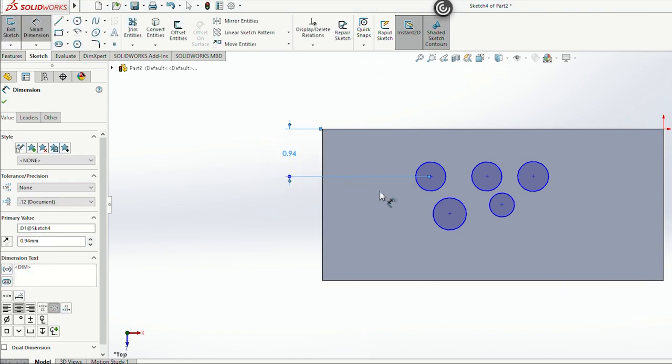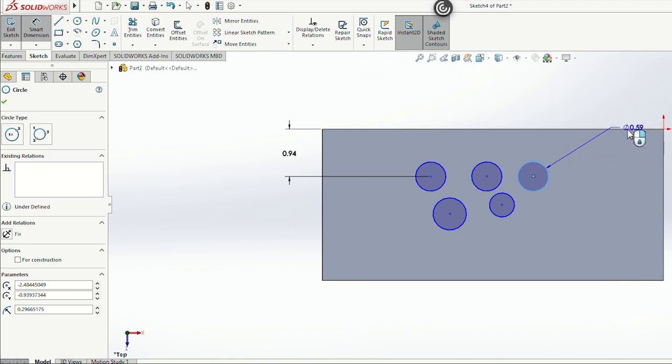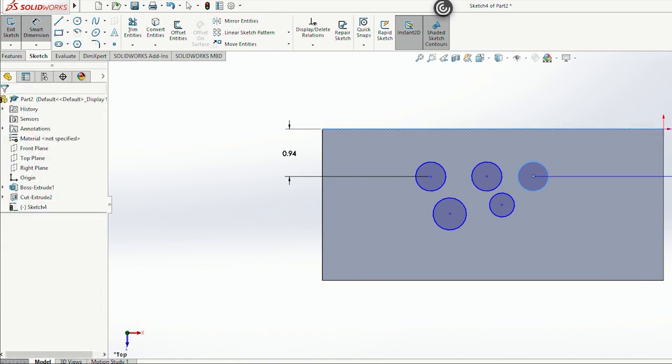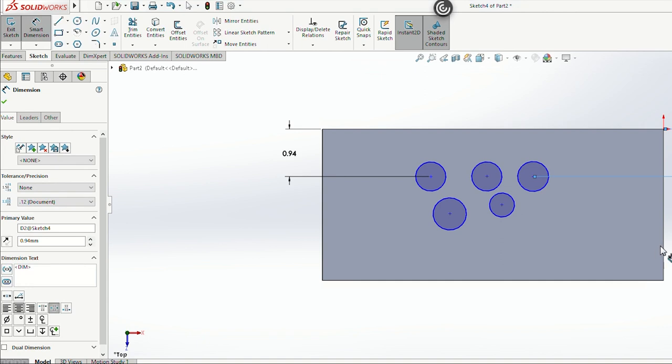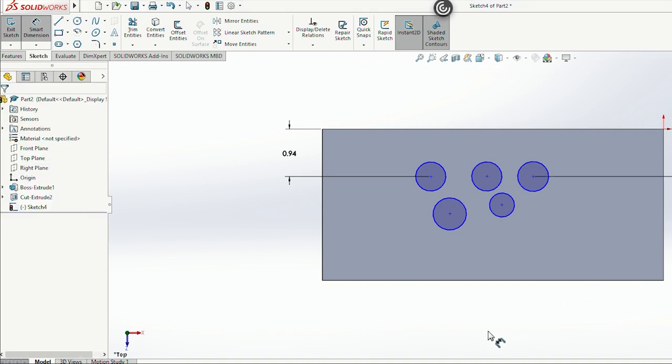That we will want that, right? And then we will take it based off of that, 0.94, right? Now realistically, we'd have to know